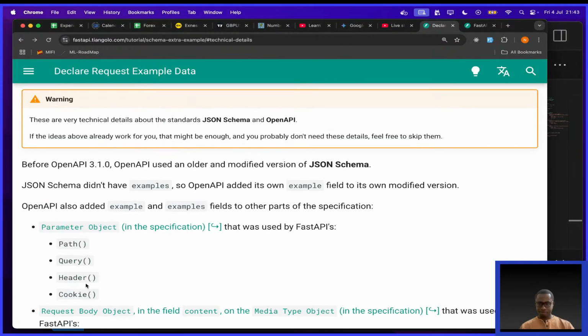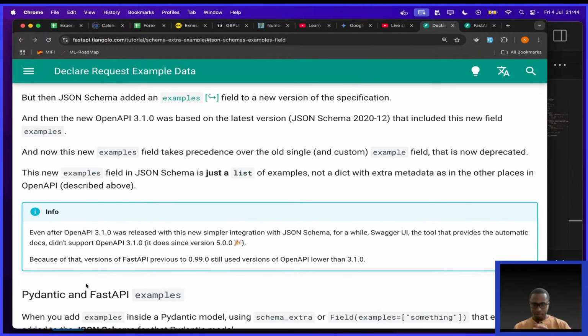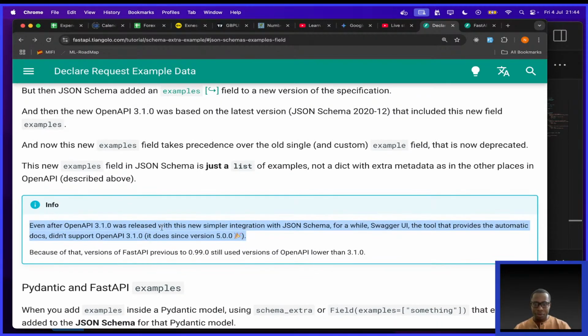Okay, let's get done with this interesting topic. Yeah, I can't wait to now prompt AI to write my FastAPI applications and features, and then review AI's code and either throw away their code, accept it, or modify it. It's going to be nice because now I see myself understanding a lot of things, and I hope you're also understanding as you watch. So they're saying even after OpenAPI was released with this new simpler integration with JSON schema,